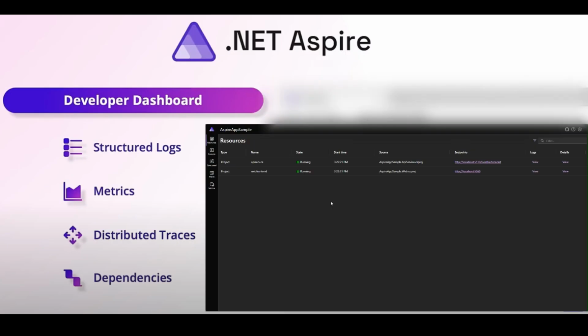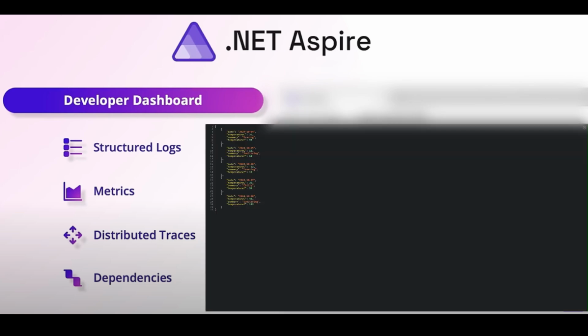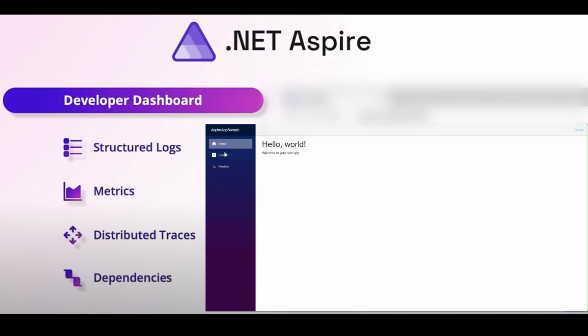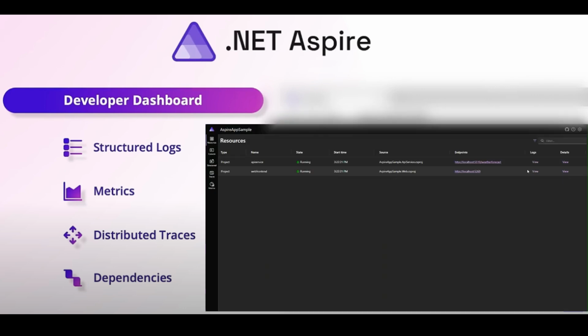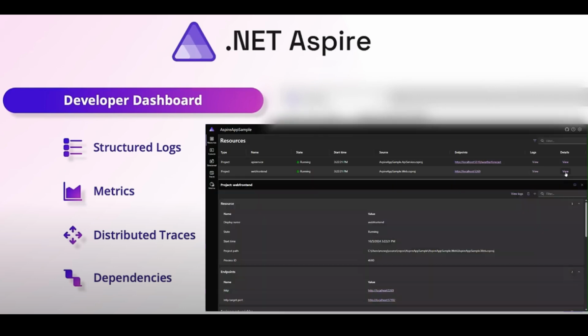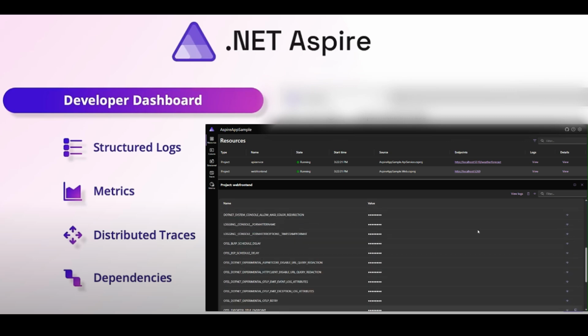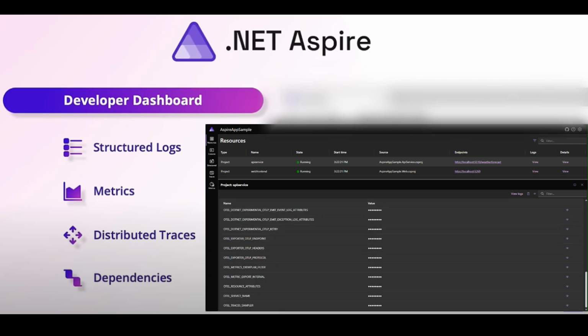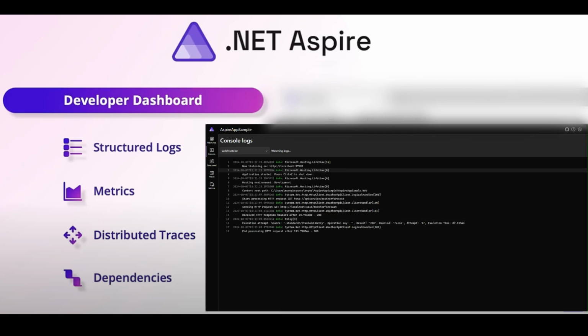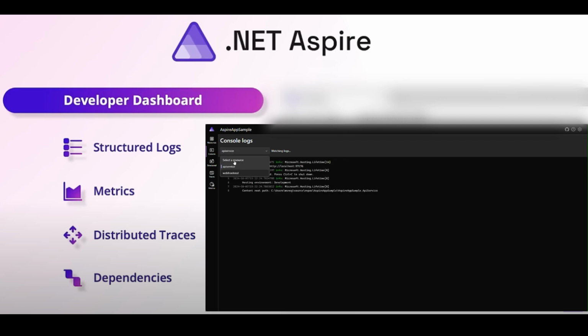So let's jump into a little more about the dashboard and what's great about the developer dashboard. Take a look at your entire application, see all of your projects running, and get deep visualization using OpenTelemetry to view the traces and see a complete stack of what's happening. The dashboard is built with Blazor, which means it uses .NET and our Fluent UI components, making it beautiful to look at, easy to work with, and perfect for managing all the components of your application system. I'm not just talking about an application, but your entire system. Right now we have an API project and a web project. It's more than just those two projects. It's the system that includes connecting them together.